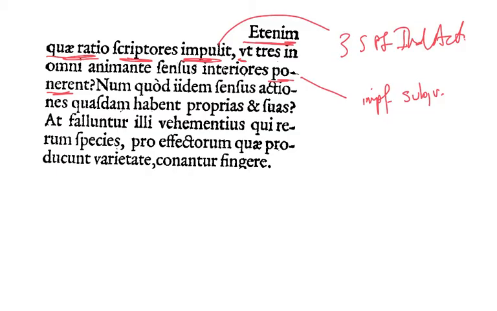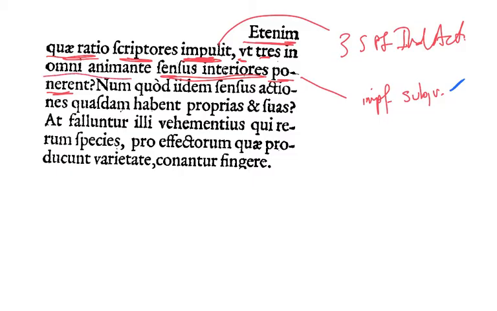When the main verb is perfect or secondary, like impulit, then the subordinate verb must be either imperfect subjunctive or pluperfect subjunctive. Imperfect if it's the same time or subsequent, as this one is, and pluperfect if it is time prior. For what reason compelled writers to place tres in omni animante, to place three interior senses, sensus interiores,